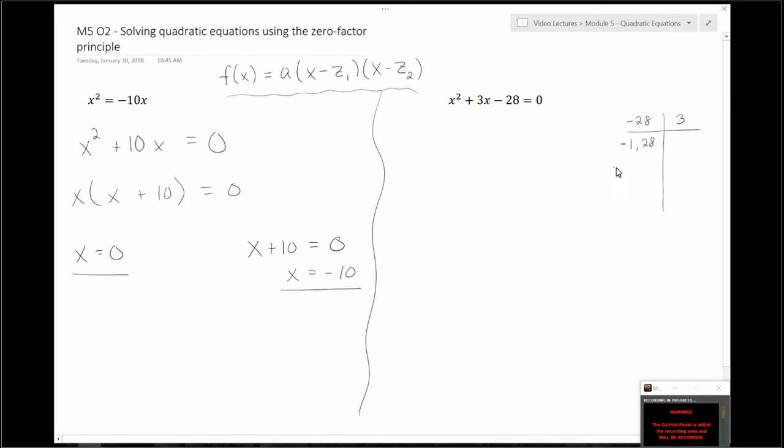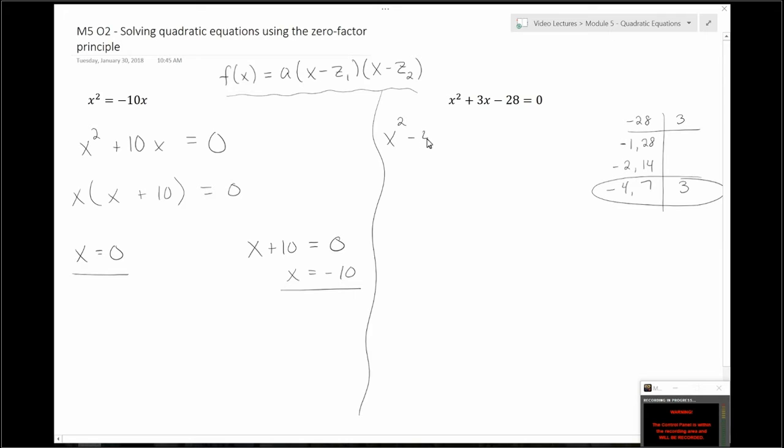Okay, so I have that. 2 goes into 28, 12 and 14. 3, we can try. 3 doesn't go into 28. 4 does. That's 4 and 7. We can try 5, it doesn't. We can try 6, it doesn't. And then 7 means we're right back where we started. So I could sit and add them all together, but I think it's pretty clear that negative 4 plus 7 is 3. So again, we'll use that